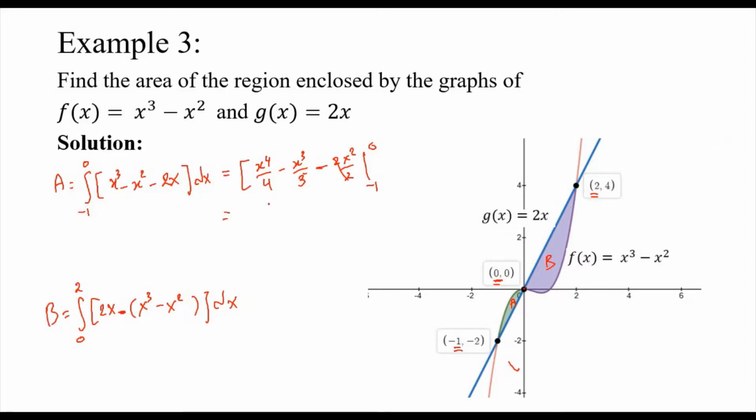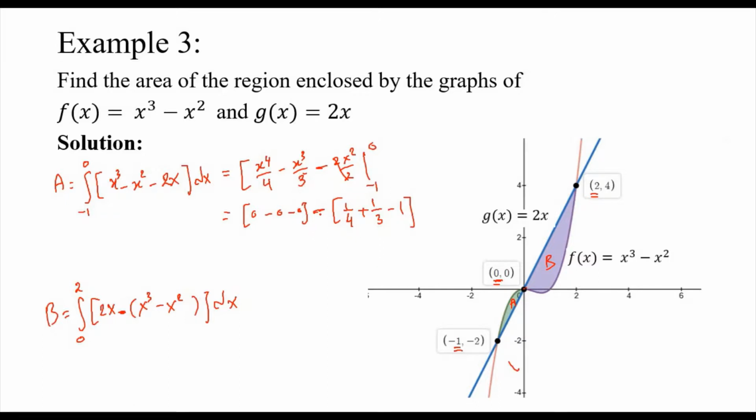So this is equal to, if you plug 0, everything is going to be 0. So the first part will cancel, minus, and then you plug negative 1. Negative 1 to the 4th power is positive 1. So it is 1 over 4 minus negative 1 to the 3rd power is negative 1, times negative is positive, so positive 1/3, minus negative 1 to the 2nd power is positive 1, so it is going to be positive